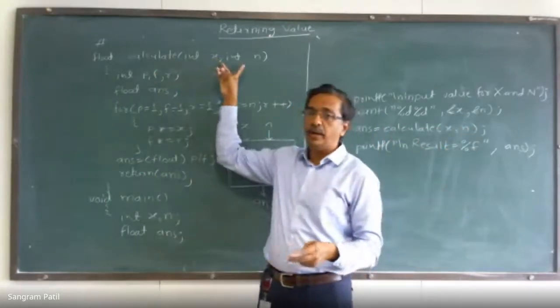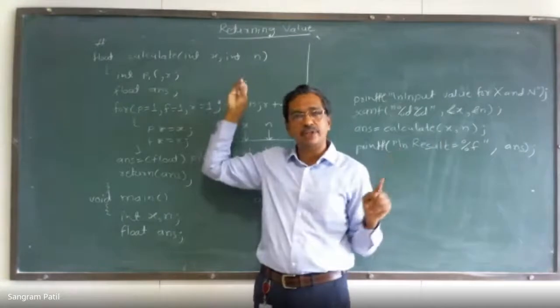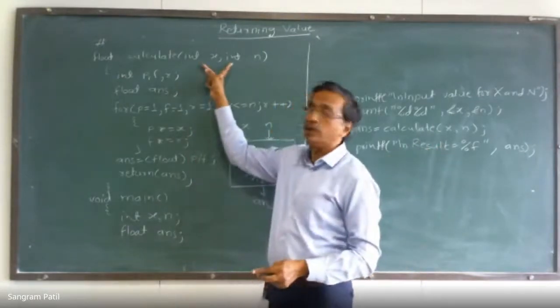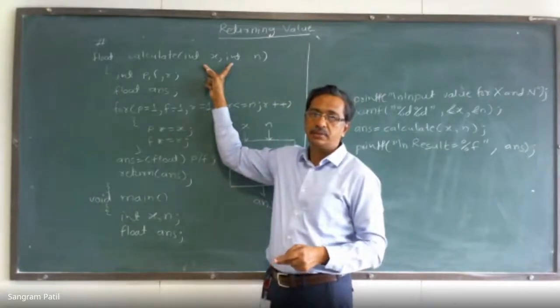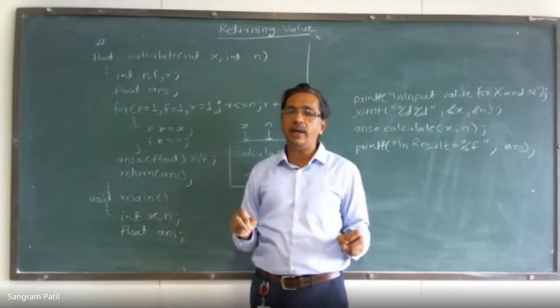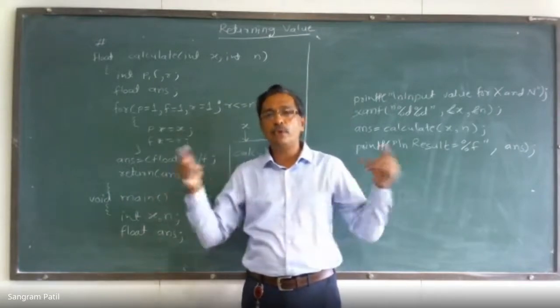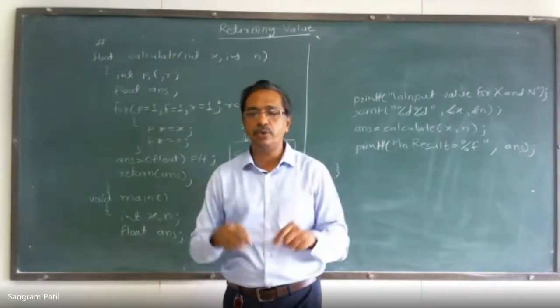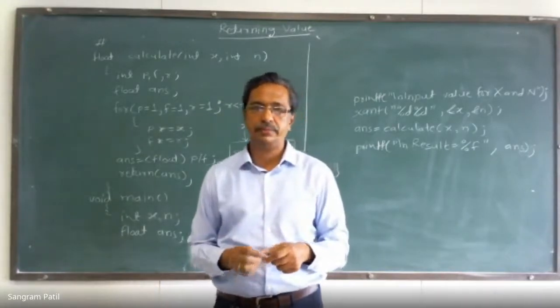We are passing two values, so we are receiving two values. First to first variable, second to second variable. We are passing both values as integer, so we are receiving both values as integer. Okay. So this is called as passing and returning value to and from function. Both the concepts in the single function.